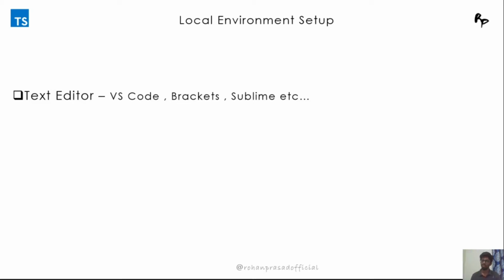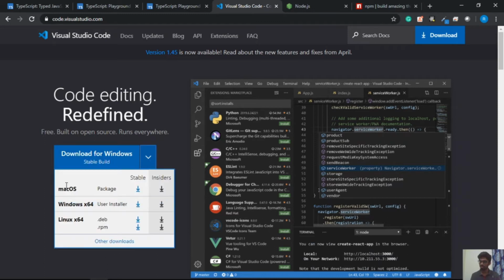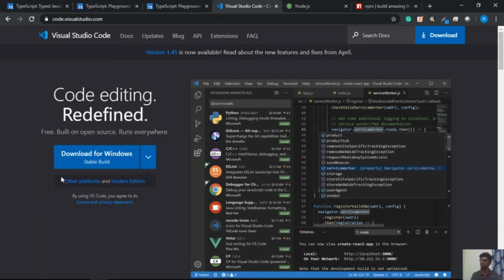To install VS Code, you need to visit the site code.visualstudio.com. You can directly search on Google and the first link you get will be this one. Whatever tools we look into will be cross platform, whether you are on Windows, Linux or Mac OS. I am on Windows right now, so it's showing me the download for Windows. You can look at the various operating systems it supports, Mac OS as well as Linux. Just download it, and it's very easy to install.